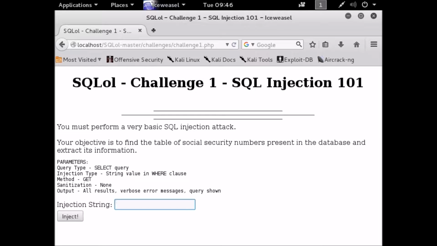So what we're going to do is, rather than saying where name equals Jack, for example, we're going to close off the where clause. So where name equals nothing, and then we're going to do or 1 equals 1. What that does is where name equals nothing, which matches 0 of the values, or 1 equals 1, which is true for every single value, thus it'll print every value. Then afterwards we'll comment out anything behind it to remove any havings or group bys.